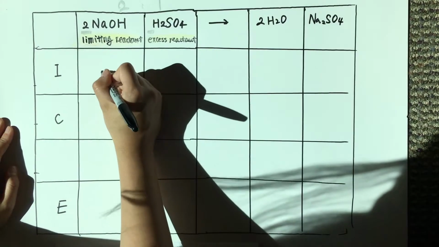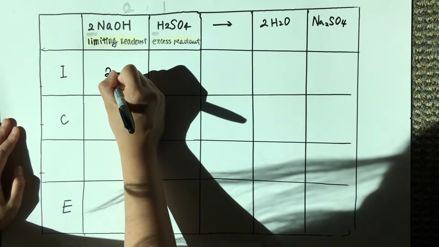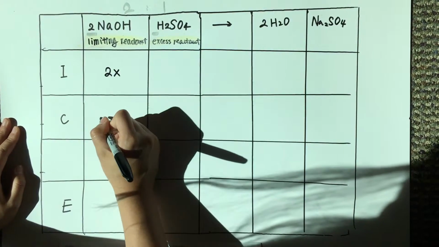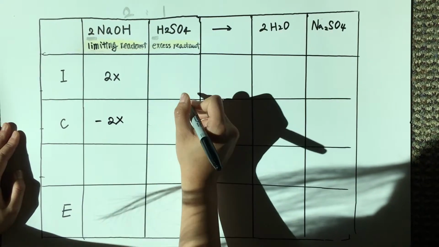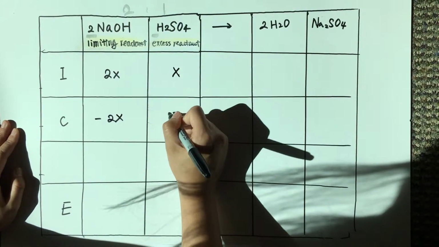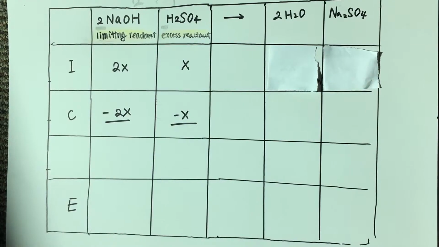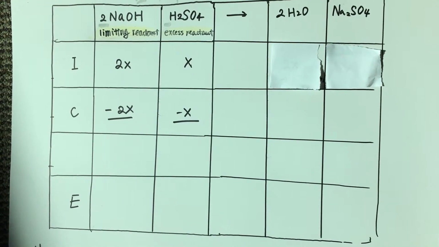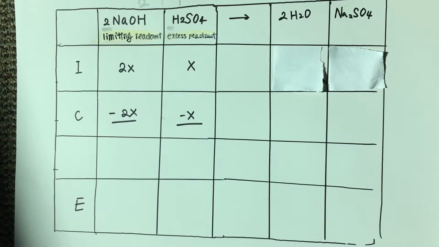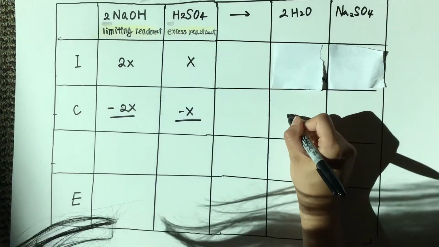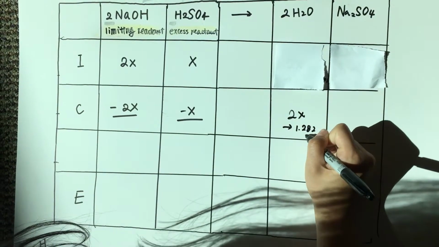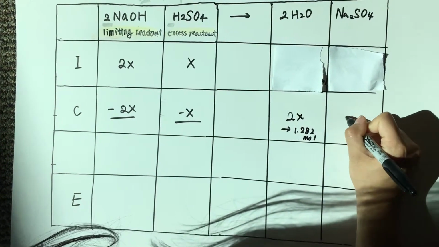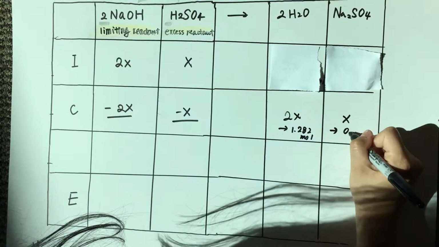Now we're clear about the molar ratio. The reaction will fully turn the reactants into products. The change would be 2x moles for sodium hydroxide, because it has to be 2 as in its molar ratio, and 1x mole for sulfuric acid. For every 1x mole of sulfuric acid, there will be 2x moles of water produced, which here should be 1.282 moles of water. And there is x moles of sodium sulfate, which is